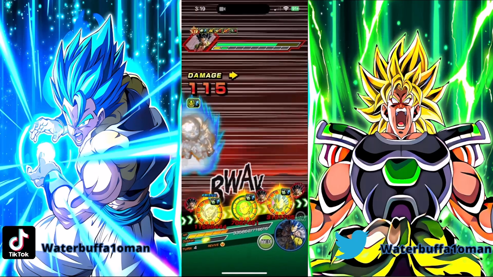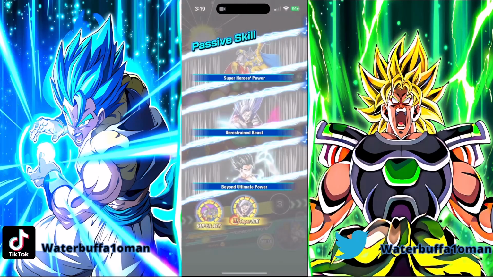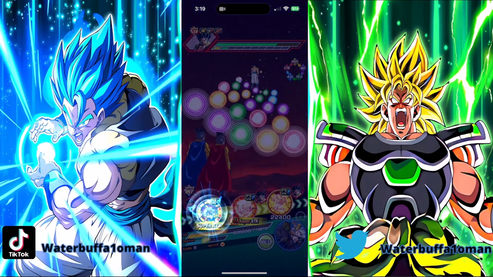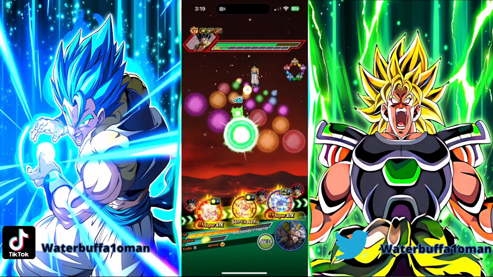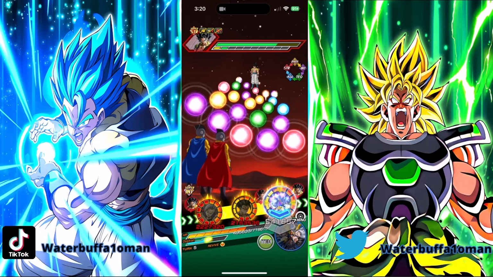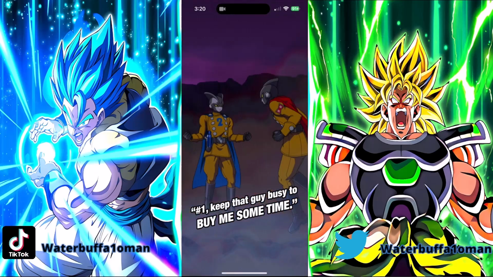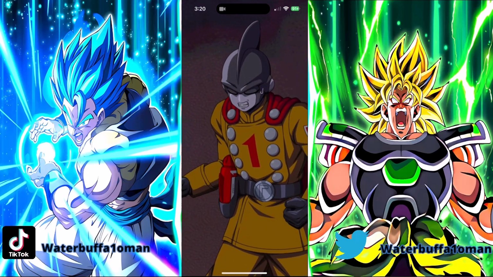Just tank this, build up your damage reduction. You have 80% damage reduction, but it does not matter. You're not taking any damage at all. Okay. We do have the Icarus on this turn, which is nice. So what we're going to do is we're going to give you those, going to give you those, and we're going to activate the standby for these guys. Keep that guy busy to buy me some time. Number 2, are you gonna...